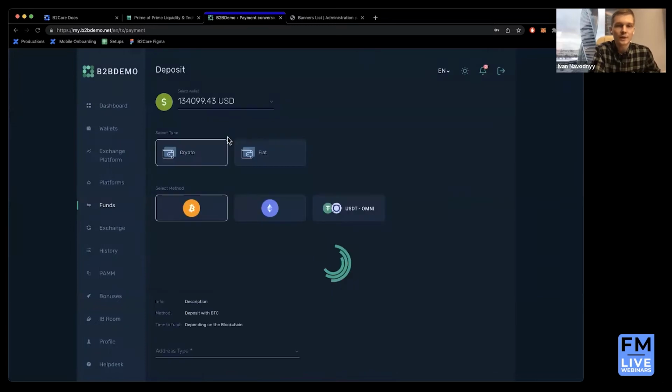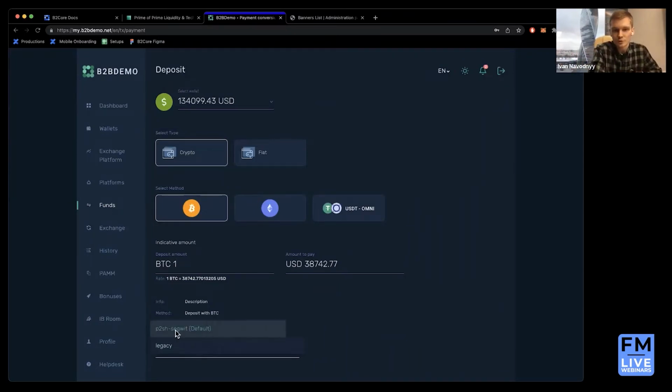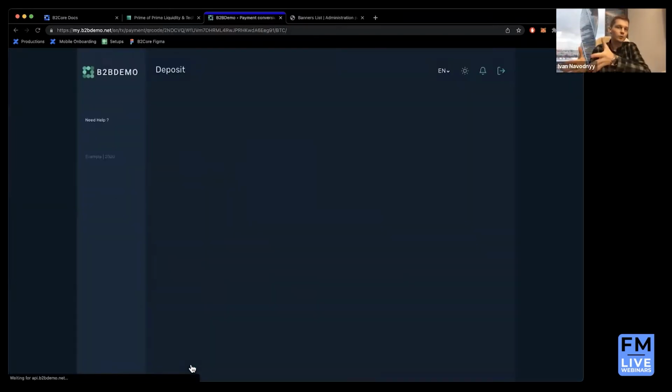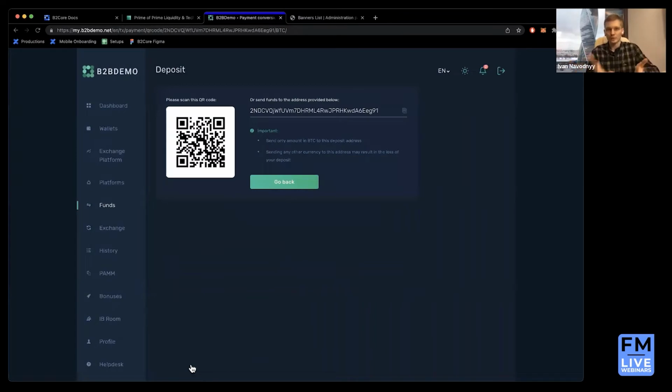So deposit, and I go into crypto, I go into BTC, I want to deposit 1 BTC. So it will show me a preliminary rate. Of course, it's not the final rate because it may change, but I just choose the address type, I click proceed, and that's the beauty of B2Core. I get the wallet address, and that's the wallet address of the payment gateway that was integrated into B2Core, which is B2B Pay, our payment gateway solution. But yeah, in the end, I copy the address, I make a deposit, and then I can go to